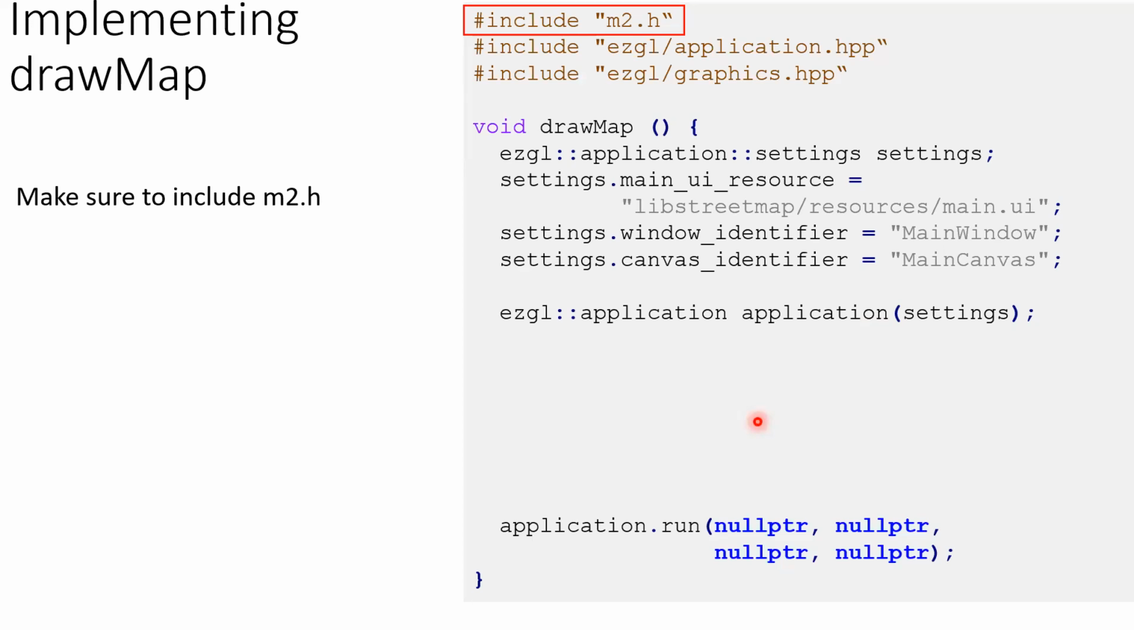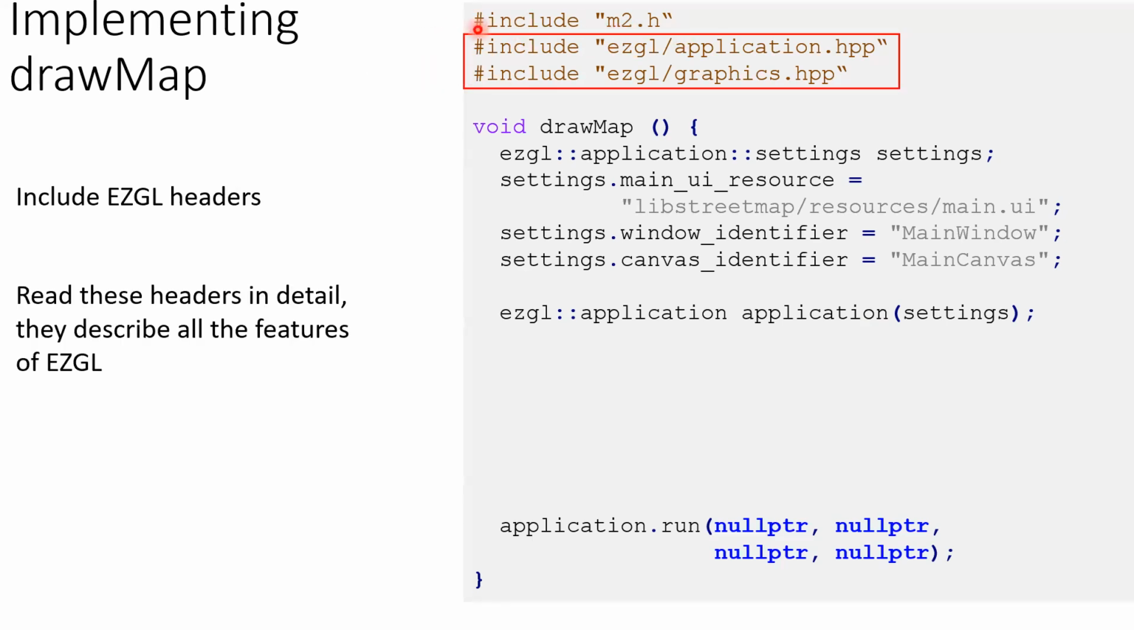So in your file that contains your draw map, first remember to also include the m2.h header file and also the EasyGL headers. These are the files that you can also find in your header file folder, and please read them in detail because these will be the functions to call when you're drawing, and you'll just need them for drawing all of the things you need to draw for the map. And then